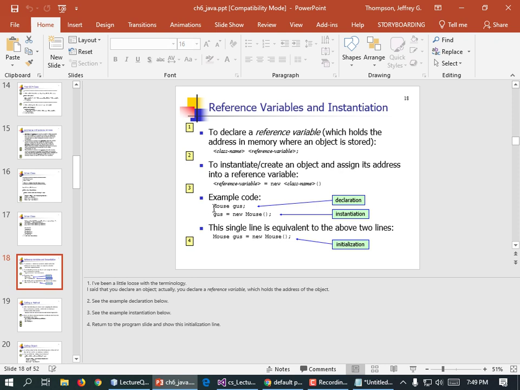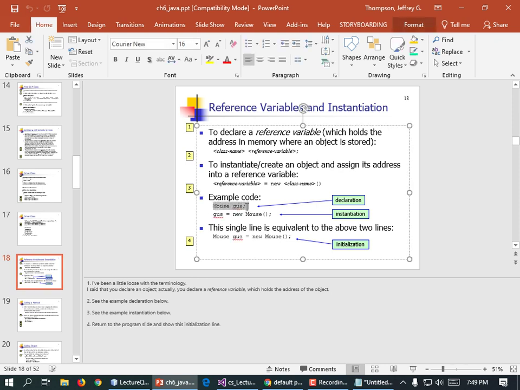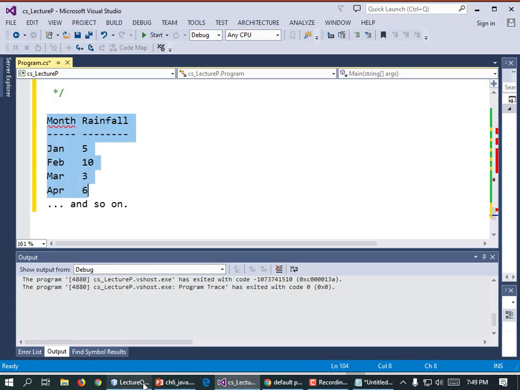So when you create a variable, we called ours labrat, they called theirs mouse. Labrat R1, mouse Gus. This is called a reference variable because it's referring to an object. You could then have 2 references to the same object if you wanted to, and this is usually not what you want to do. But if I go in here